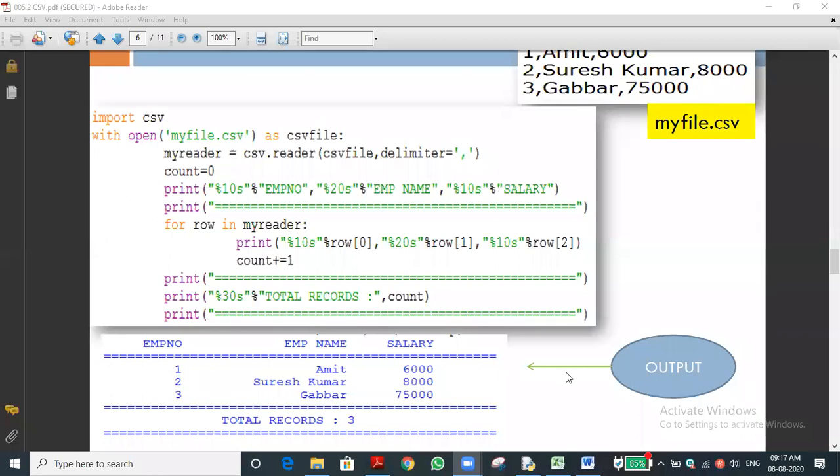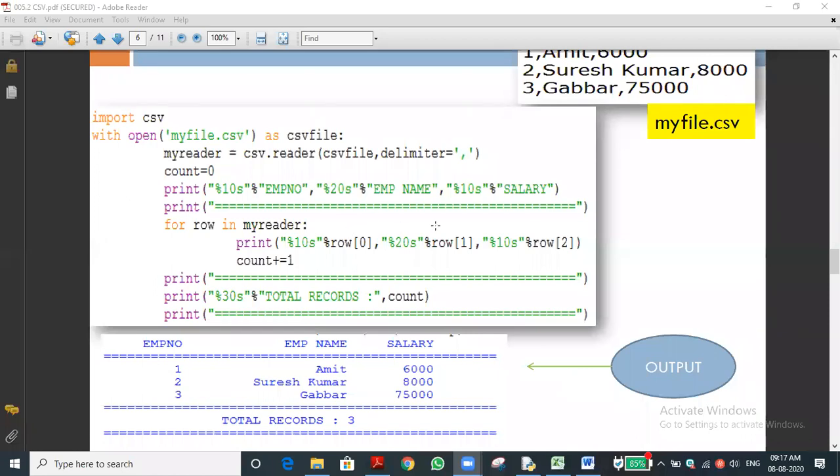Sir, for row in my reader, sir. Yes, we are printing the above given option, sir. Above given option, what option? I'm waiting for your question.